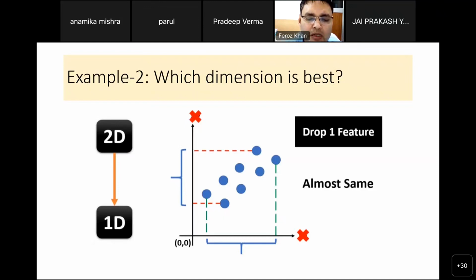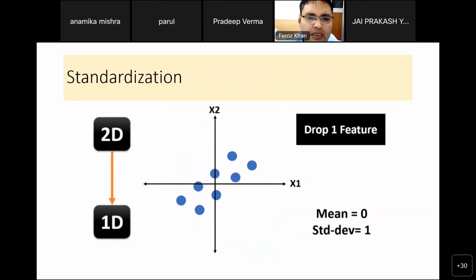So we need some kind of magnification, and that magnification can be done through PCA. After magnification, we can calculate the distances, identify the higher distance, and then select that axis. So that is the process of PCA. Now how it is done, let's see.